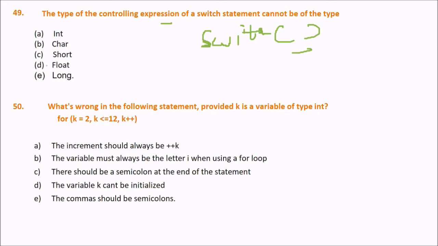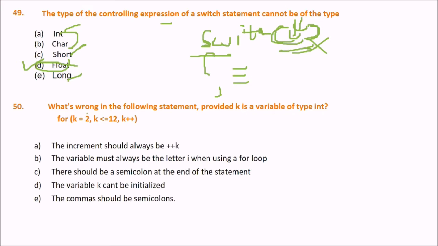I should not say the problem, but the limitation of switch: the controlling expression in the switch with various cases with breaks can only handle integer types, like int, short and long. Character will also be handled, because internally it is a type of integer, so this will work. Float is not going to work; there is no float possibility. So according to the syntax of the C programming language, our answer would be D.